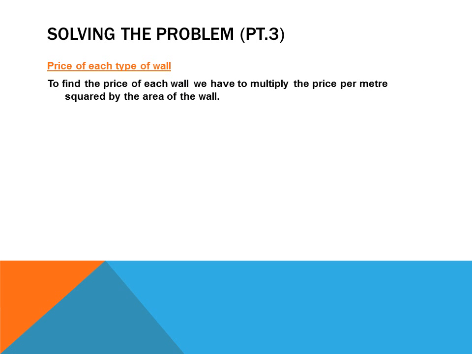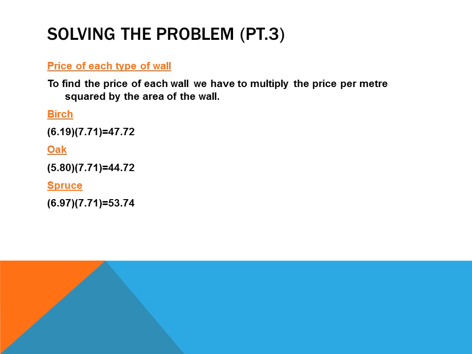To find the price of each wall, we'll multiply the price per meter squared by the area of the wall. So we'll do birch, 6.19 times 7.71 equals $47.72. Now for the oak, 5.8 times 7.71 equals 44.72. And finally, for the spruce, $6.97 times 7.71 equals